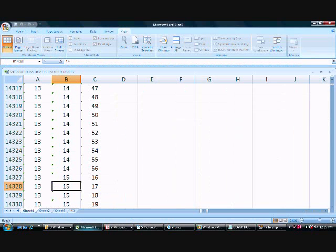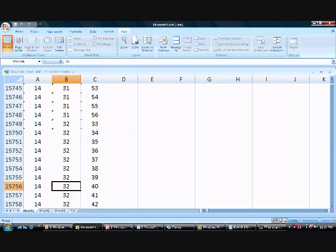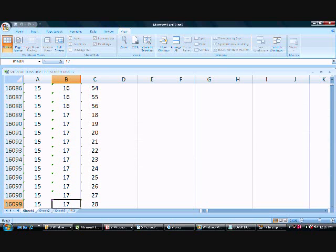So we go to the spreadsheet, and the spreadsheet converts every possible 3 number lottery combination into a corresponding code number. So we want 15, 17, and 30. So we just scroll down here. 15, overshot it. 15, 17, and 30. Okay, so the corresponding code number for 15, 17, 30 is